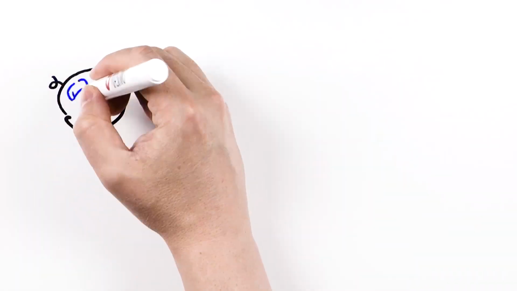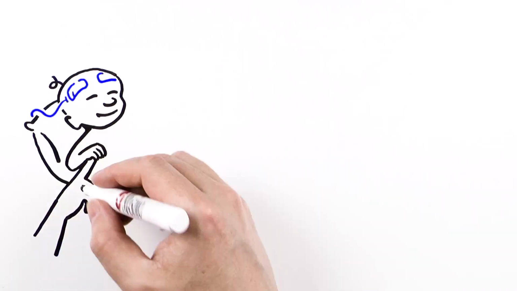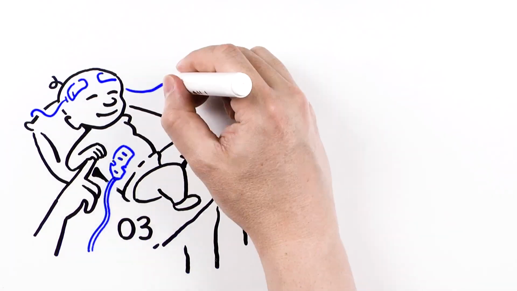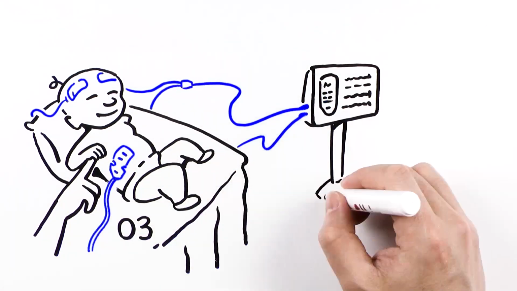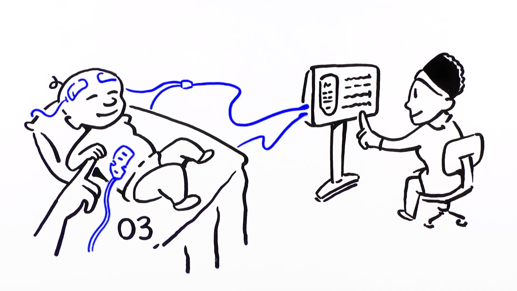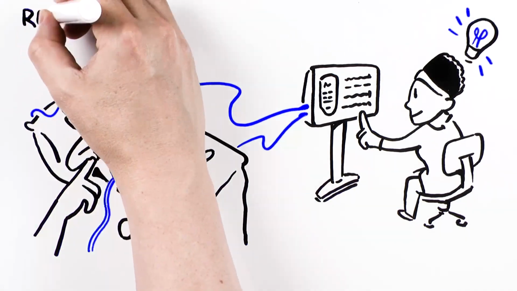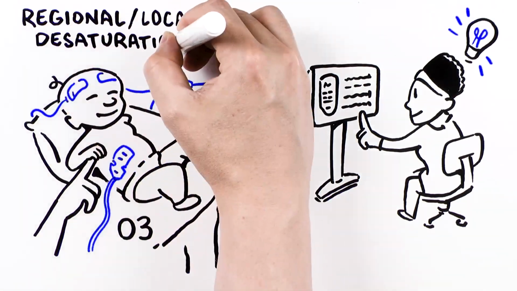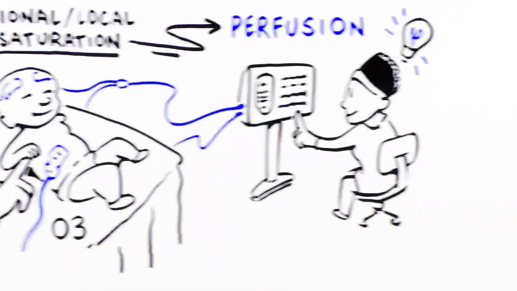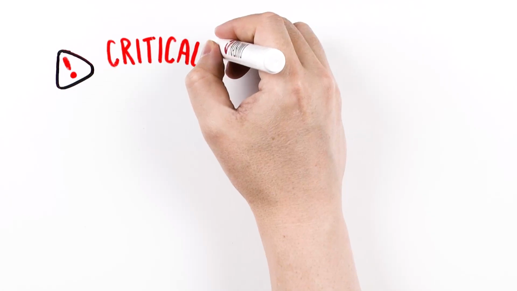In certain instances, pulse oximetry may not be fully indicative of end organ oxygen saturation, but with O3, clinicians gain a better understanding of the changes in oxygenation of critical organs that can fluctuate with supply and consumption of oxygen. This may help provide better insight into regional or local oxygen desaturations that can be a signal of the presence of a perfusion problem. This is particularly critical when it comes to monitoring the most important organ in the body,